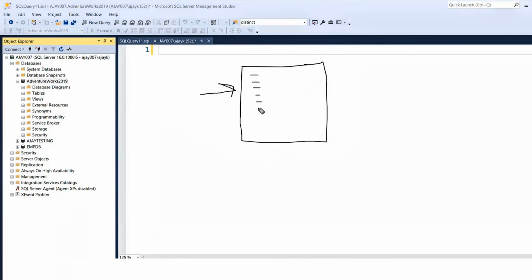Now, what type of information? Simple information, like, if I'm a teacher, I want to keep section 1, section 2, section 3, section 4 details: how many students there are, their roll numbers, their scores, and all that stuff.